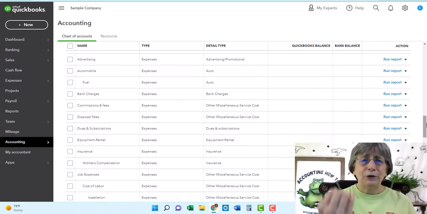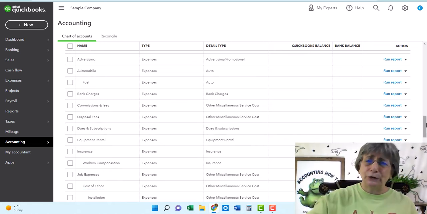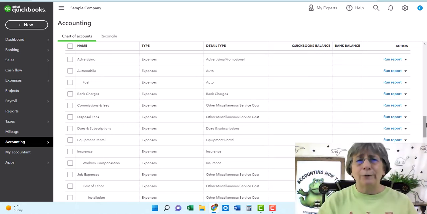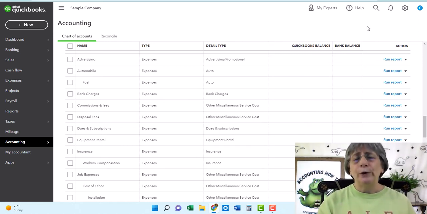And then the next section is going to be expenses. And you're going to have a lot of expenses. There's always going to be a lot of expenses. But just like with income, you don't want to have so many expenses that you don't know where to put things or that you can't remember where they go. One of the things that you can do with your expenses, and I highly recommend that you do, is to